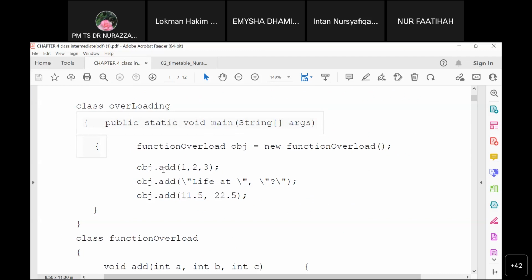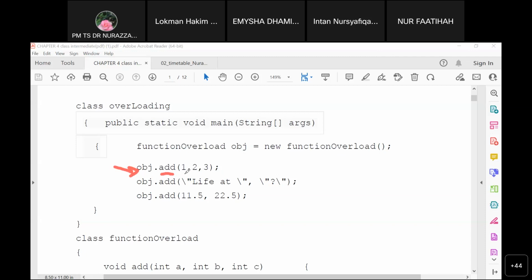Here there are three statements calling the add method. The first statement calls the object and then the method add,